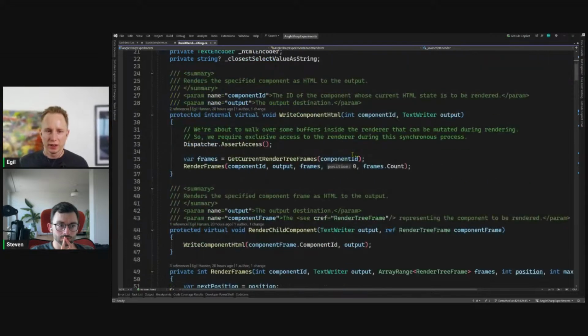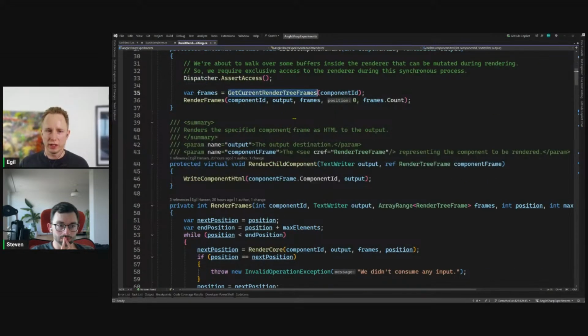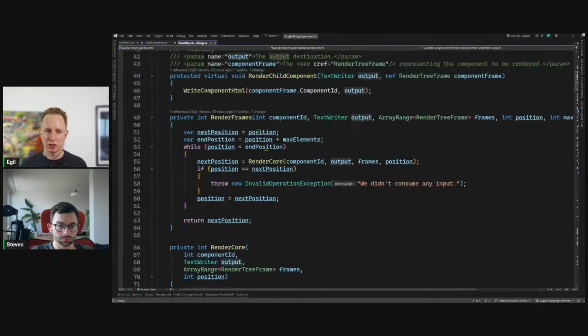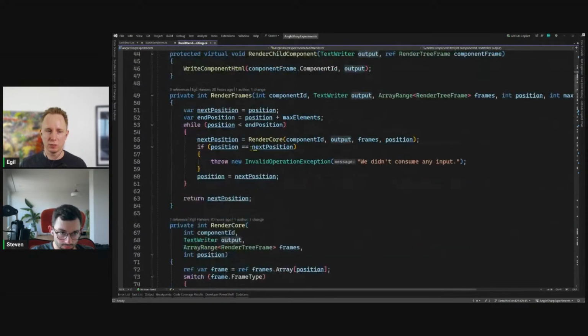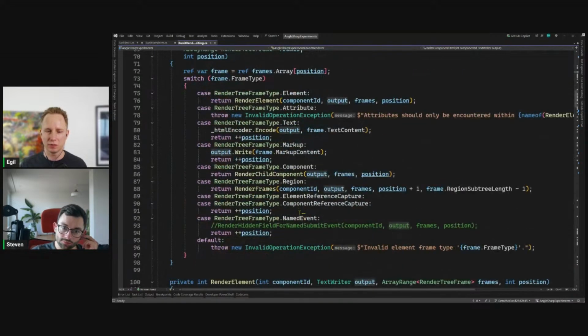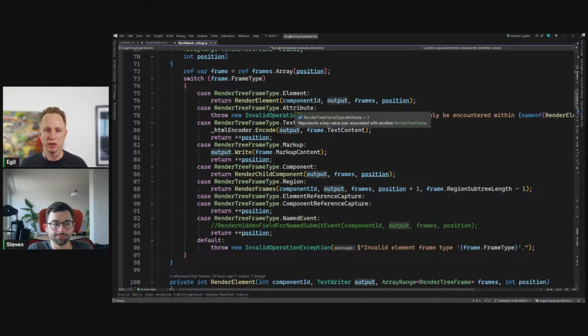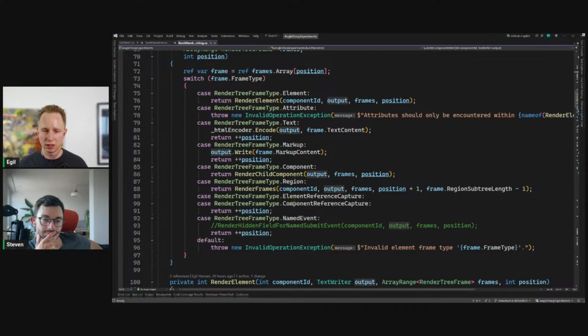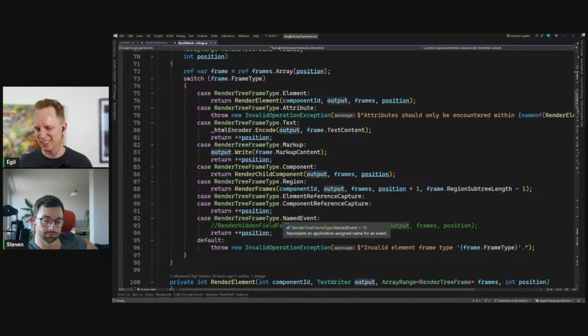So here you're just going through, getting out the frames and all that, and you're passing around the output, which is our text writer. That is the thing that gets carried around through all the render child component, render frames, render core, where we check which type of thing in the render tree we have. Do we have an element? Do we have an attribute? Do we have text? Do we have markup? A component? Do we have a region? Element reference capture, component reference capture, named event, which is a new thing also in .NET 8 for